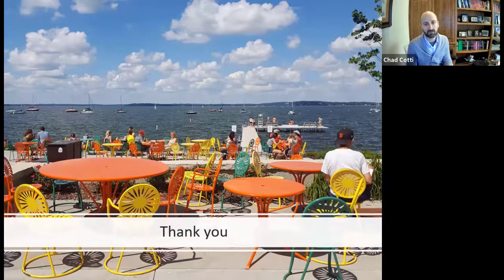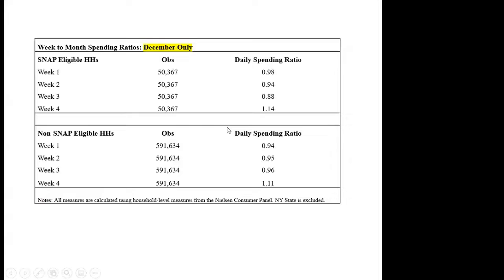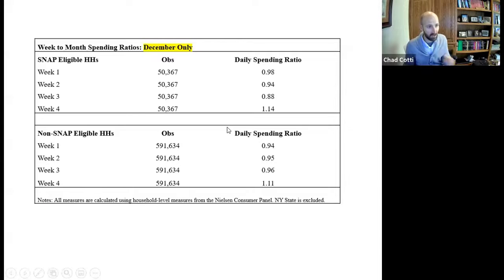Bobby asked about different months, so I just wanted to show you guys December because I have it in the slides. So this is the December spending pattern. You can see it's quite different for everybody, as you might expect. And the results don't change meaningfully if we drop December, because everybody, it turns out, in December is weird, so it just kind of knocks itself out in some ways. It affects the descriptives a little bit, but not enough to make a difference in the story.